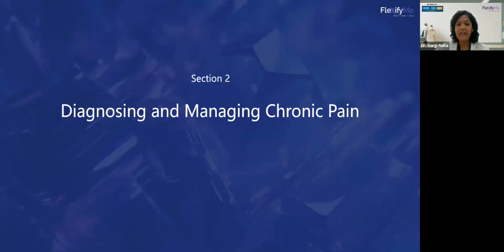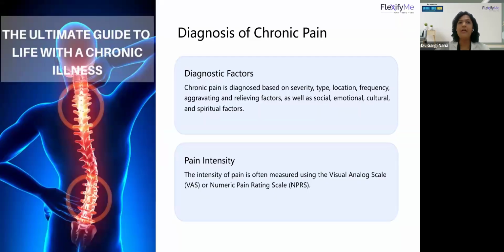Right? Now, how can we diagnose this pain, and how can we manage our chronic pain? Why I'm telling you these points is that you should diagnose your own pain to a certain extent. You can't diagnose it completely, but at least you should know where you are standing today, because accordingly, you can take that decision on whom to reach out to for the solution. Okay. So chronic pain, the very first thing is how severe it is. Is your pain mild? Is your pain moderate? Is your pain at a very high level? Is it at a very severe level?